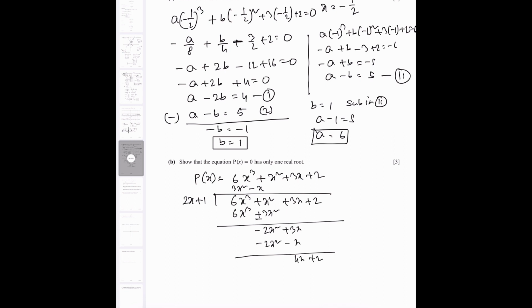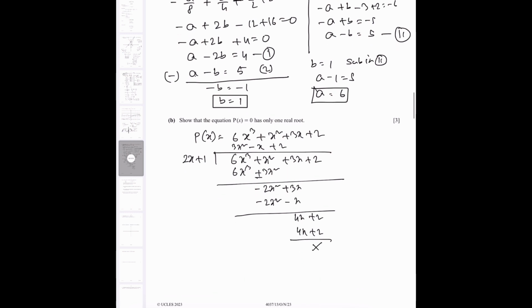If I multiply 2x plus 1 by 2, it becomes 4x plus 2. So the factors are (2x plus 1) times (3x squared minus x plus 2) equals 0. I mean x equals minus half, and since it is given that there is only one real root,